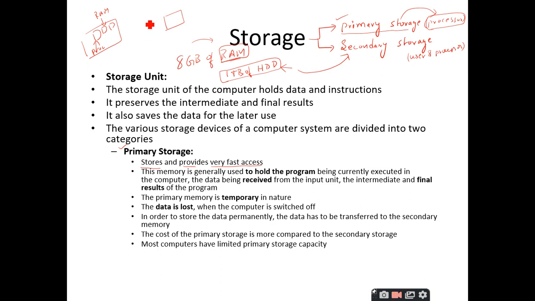So, any instruction, listen carefully, any instruction or any data that you are going to process will be first stored inside the RAM. Let us take the same example of adding two numbers 10, 20 and add is the instruction. These two are called the data elements and this is called the instruction. So, these 10 and 20 and this instruction are going to be stored in the secondary storage. Let us assume like that.